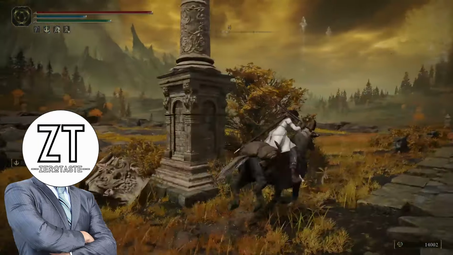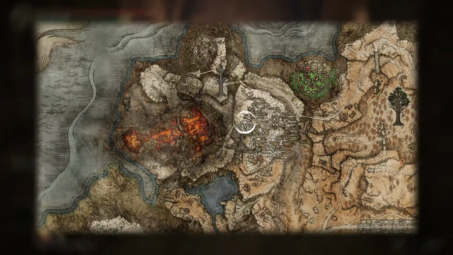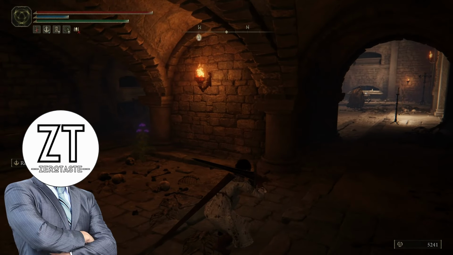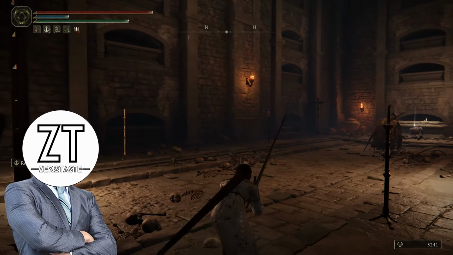Well, now we can head up to the Altus Plateau, but we won't be there for long as we're headed for Mount Gelmir, where our first stop is the Gelmir Hero's Grave. As we make our way through the dungeon, we'll eventually come across a room with our Bloodhound Knight in it, and he'll just be looking away at the wall, maybe there's a fly buzzing around or something, but once we